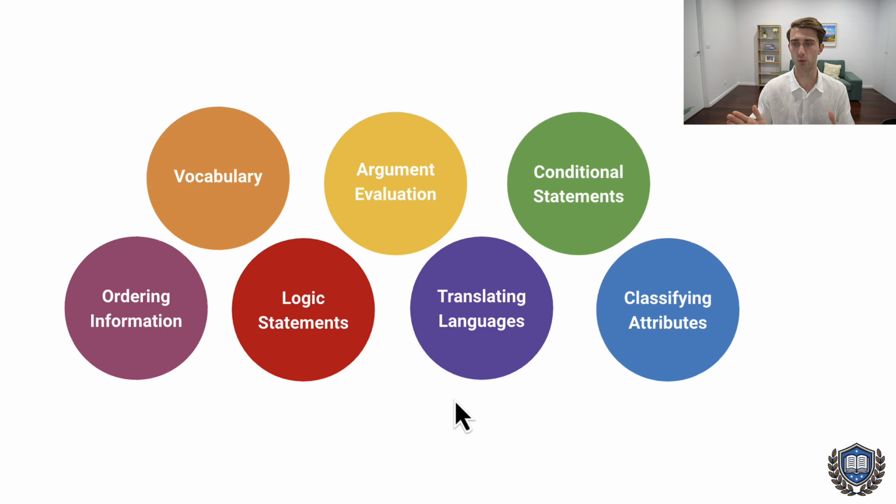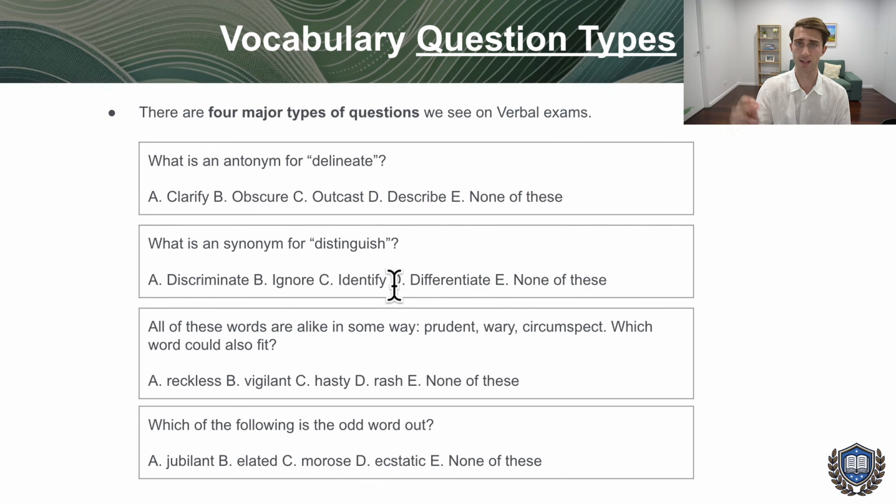I'd recommend go through, do all 60 questions in 30 minutes. You'll get a sense for the timing. The good thing is a lot of these questions are pretty quick. They're not ones that you really have to do a lot of working out for. Conditional statements ones are a little bit more so like that. But you can imagine these vocab ones, you can race through these very fast.